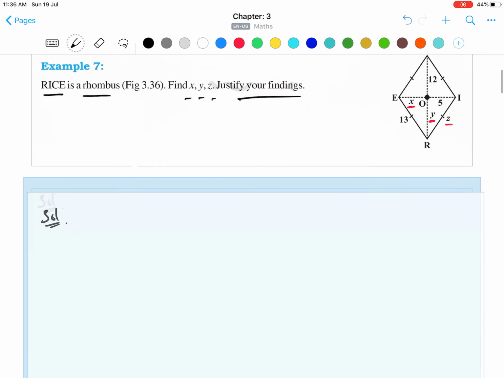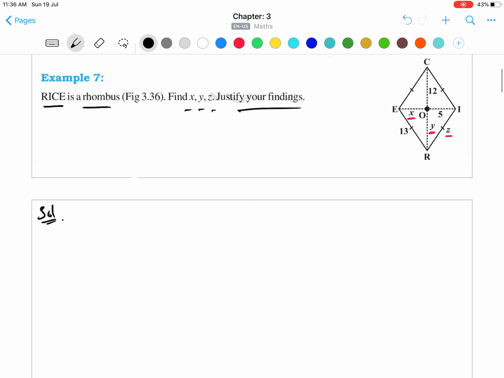It says we have to find the x, y and z. So first we'll find this x. So write from figure, first we'll write in rhombus. In the geometrical portion you will always write the first name of the figure. So we are working in the rhombus, it's given in the figure, in rhombus, and then its name